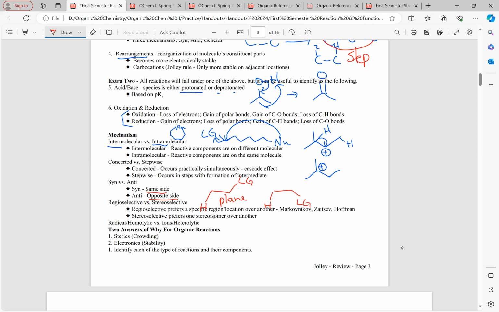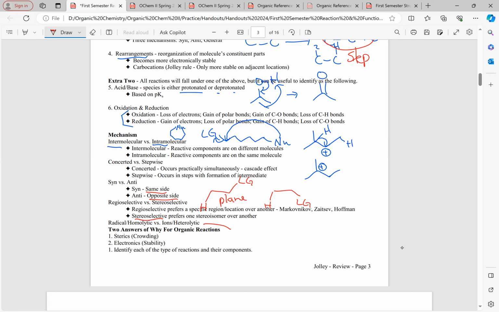One more is stereoselective versus regioselective. Regioselective means a specific region. So that's more Zaitsev versus Hofmann. That's more Markovnikov. So you're going to form one area preferentially over another, where stereoselective is specifically talking about one enantiomer over another. That's actually going back to stereoselectivity in the stereoisomer world. But again, those are things that I hope when I mention them, a little file pops up